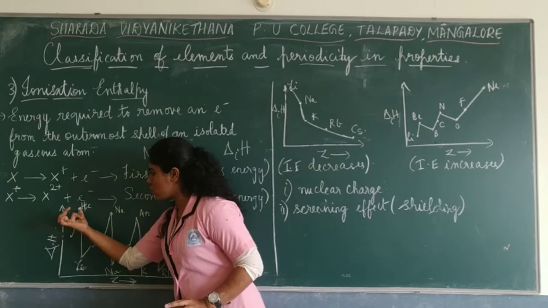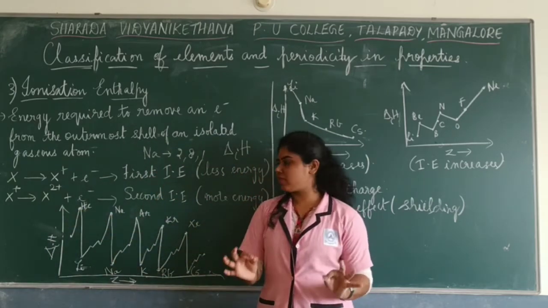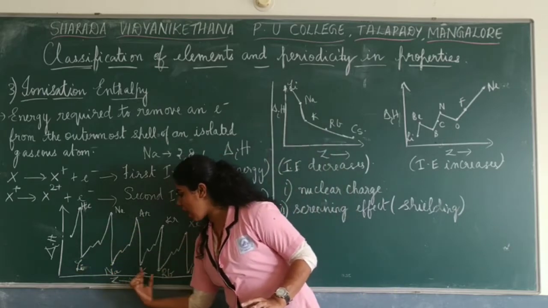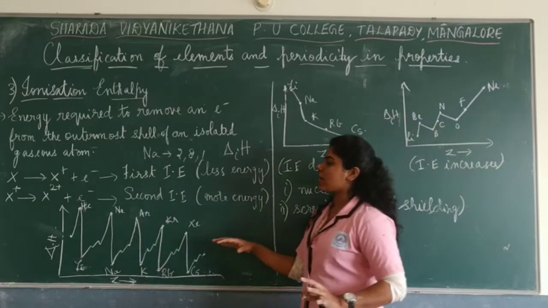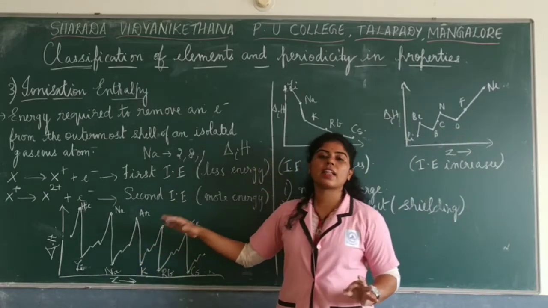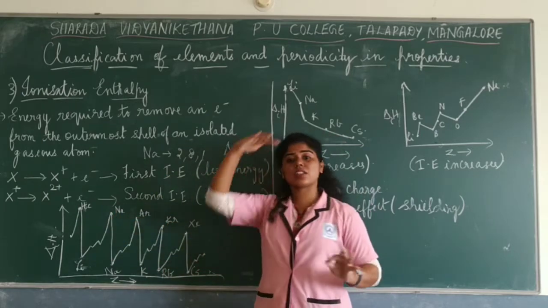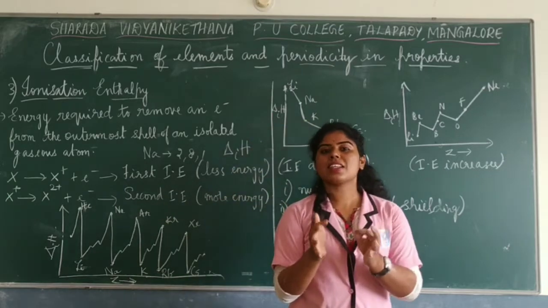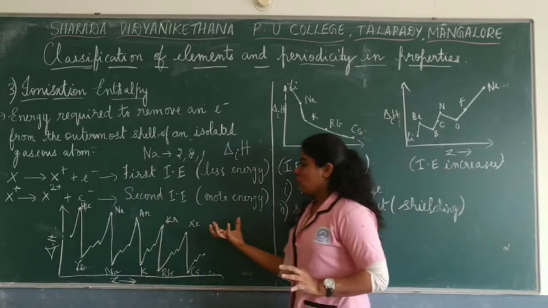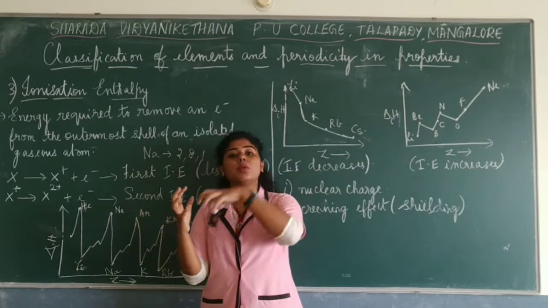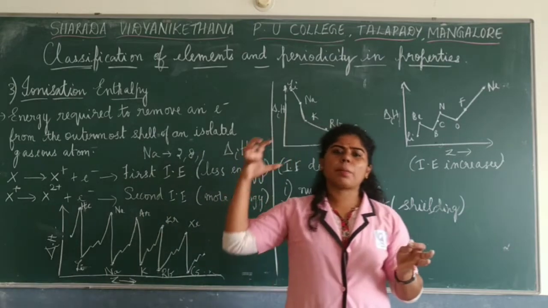See here, on the top of the peaks, you have noble gases. Now you have to tell me. And in the bottom, you have alkali metals. Can you tell me where the ionization enthalpy is more here? It is in the noble gases because it has the highest values on the top. Noble gases will have the filled electronic configuration. Now they are stable, correct? So you require more energy to remove the electrons from their shells. They are already bound there, they are stable, so you require much more energy.